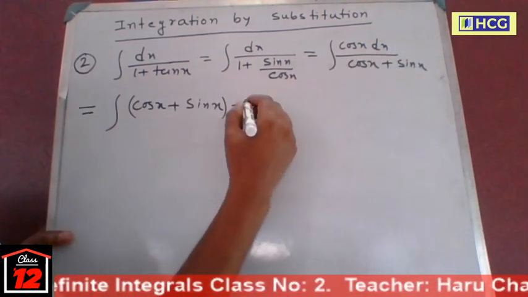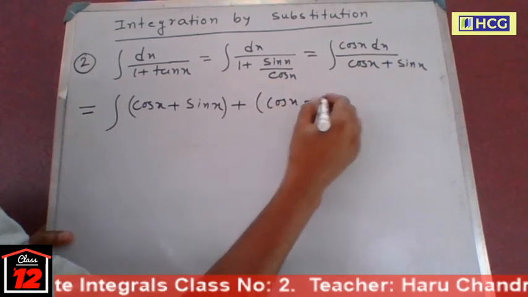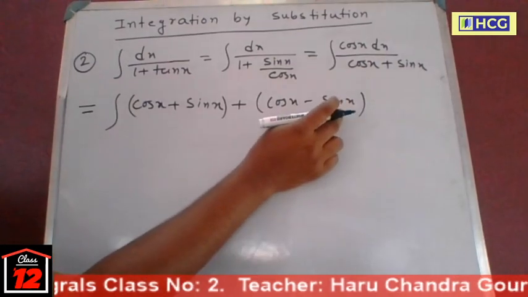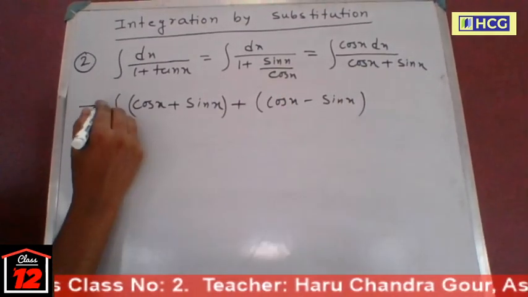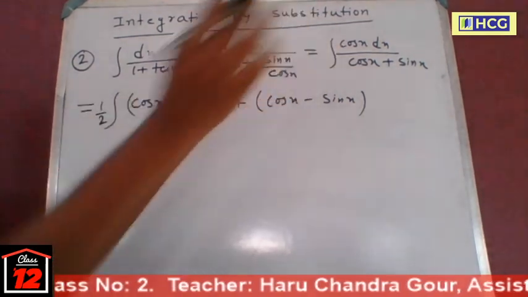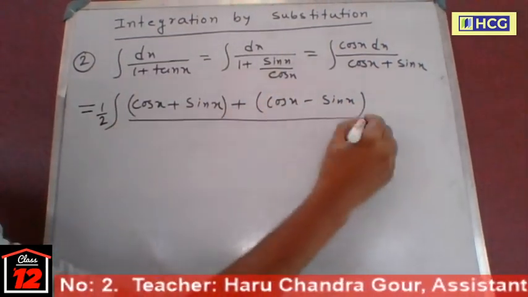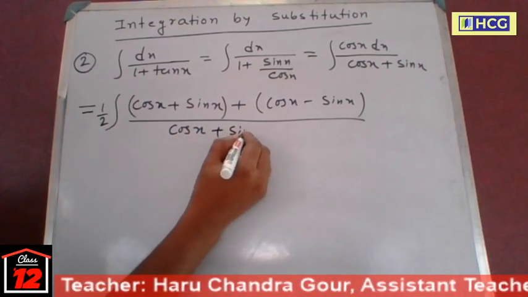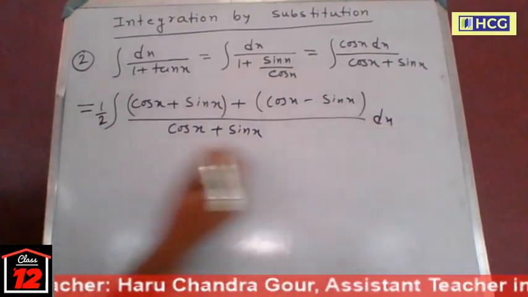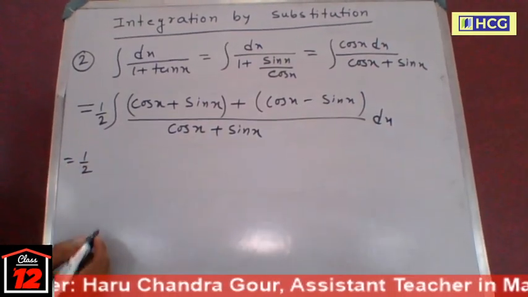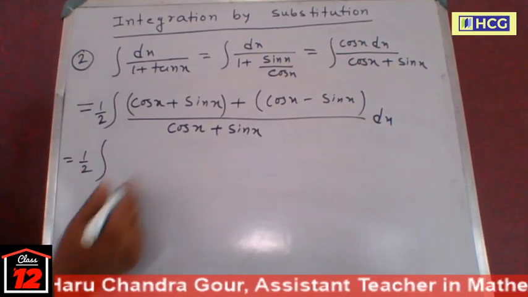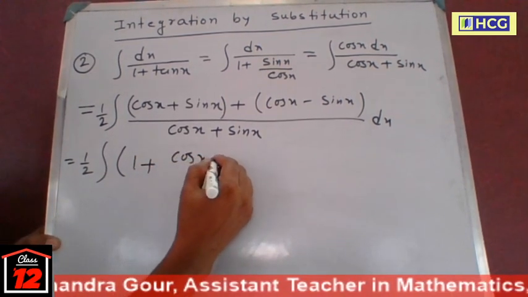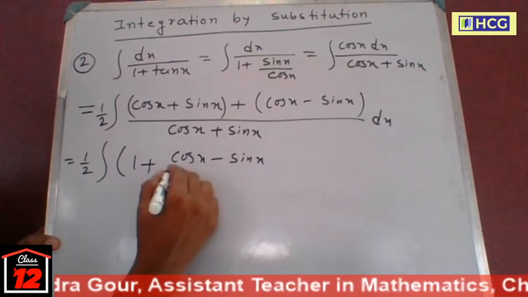Now the derivative of sin x is cos x, minus sin x. Now this is plus sin x, minus sin x is cancelled, and cos x plus cos x is 2 cos x, so divided by 2. So half into this means cos x dx divided by cos x plus sin x dx. Now split half into integration 1 plus cos x minus sin x divided by